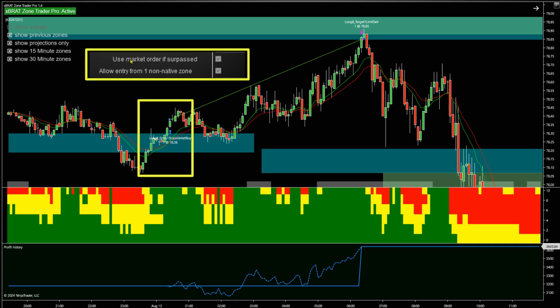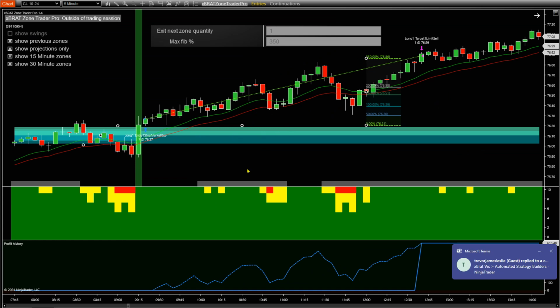And again, what we've done, highlighted this here, is use market order if surpassed and allow entry from one non-native zone. So it comes down, all the way down, clear air, pushes through, all 6 time frames are green, take us in the trade, and it exits at the next guardian zone. Very, very simple. So in this situation,